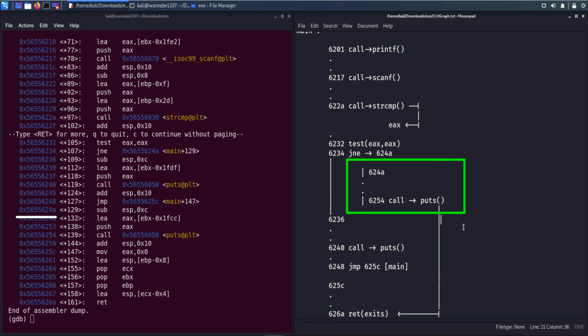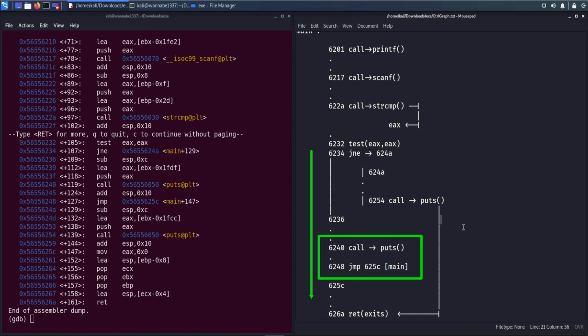If it makes the jump to location 624A, it calls the puts function at location 6254, which essentially prints some string, and then it exits from main. Otherwise, if it follows the same path without making any jump, it executes the next inline instruction and calls another puts function at location 6240 and then jumps to 625C to exit from the main function.